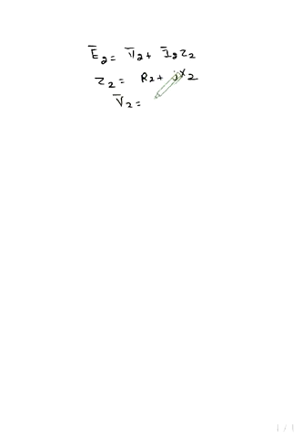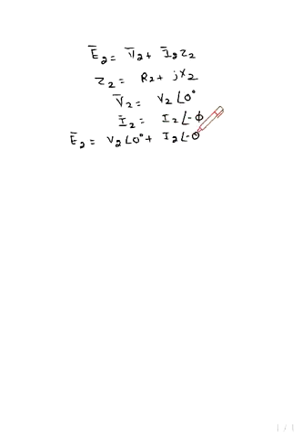So V2 is equal to V2 angle 0, and the load is inductive, so I2 will lag V2 by angle phi, and we can represent that as I2 angle minus phi. Now we place all the values: E2 is equal to V2 angle 0 plus I2 angle minus phi,